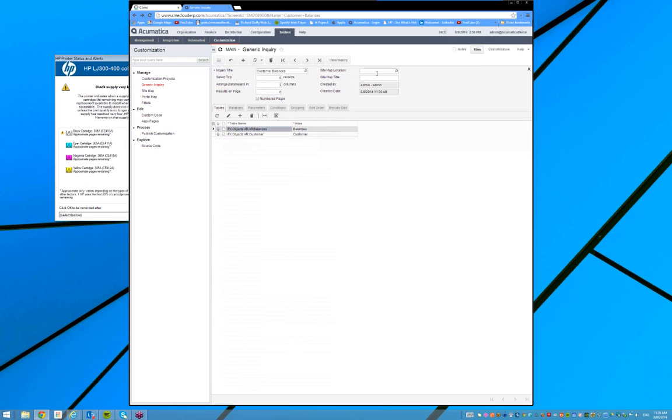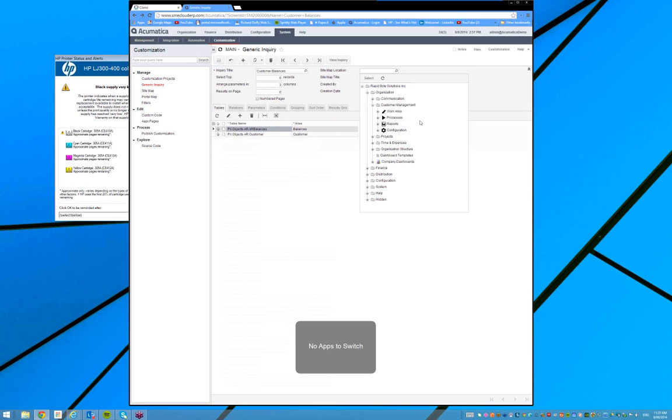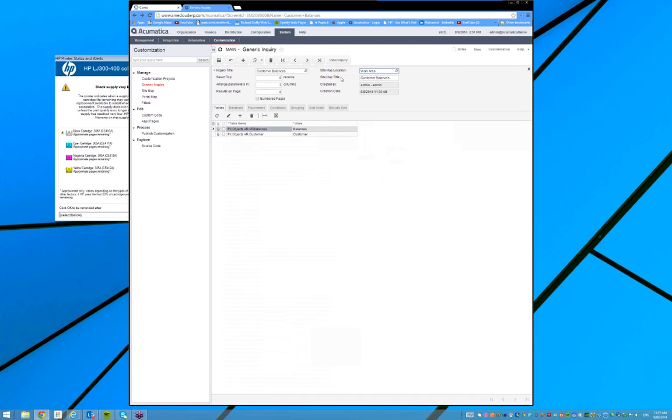So now I want to pop that onto my sitemap, because I can't grab a web link for this unless I put it onto the sitemap. So I'll put it on organization, I'll put it on customer management, and I'll put it in my work area. So let's double click on that. So that's where it's going to go, on the work area, under my work area, under customer management. All right, and then I'll save that. So now,